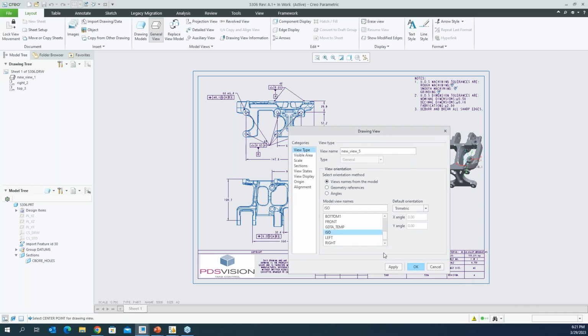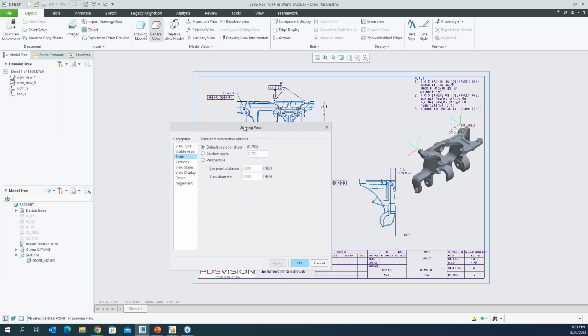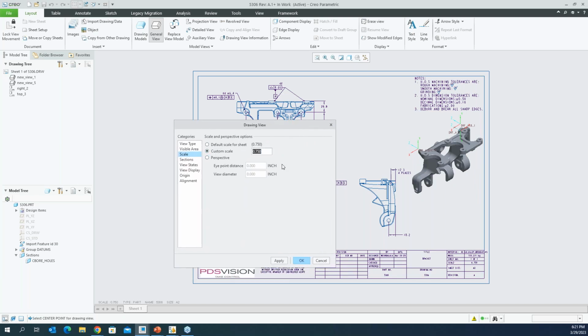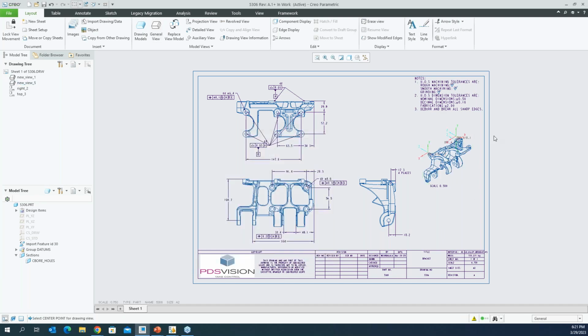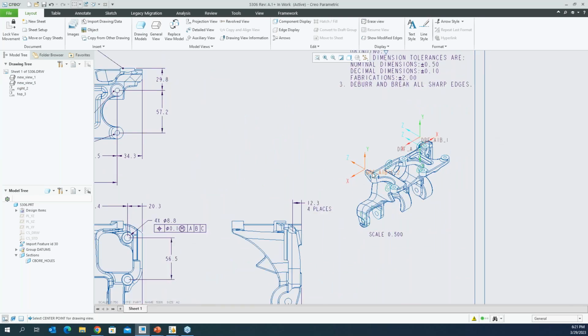Okay, so I'm looking for an ISO view and that is a bit big. Let's just scale it down for a bit so that it fits into the drawing. And also the company only allows no hidden views. None of the shaded views are allowed in the company. And I'll do a bit of cleaning up on the drawing